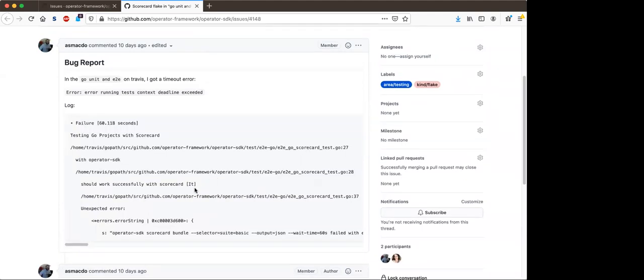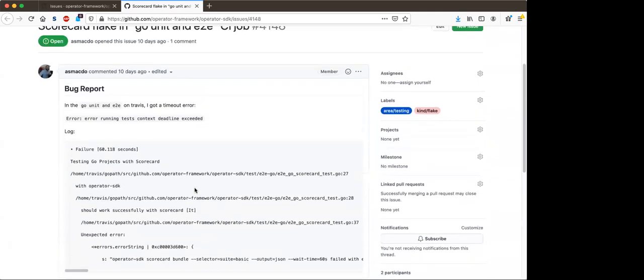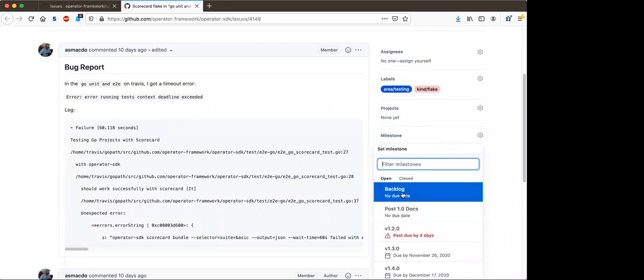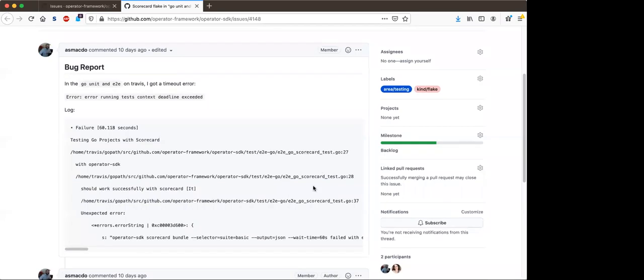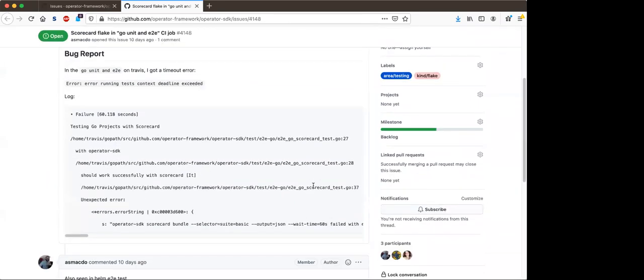It's not an urgent thing to address, but it is annoying. And I think it's just good to have this issue open. So let's just stick it on the backlog, not assign anybody. And then maybe as it happens more and more, we can iron it out. But I don't think it needs to be a priority or anything.